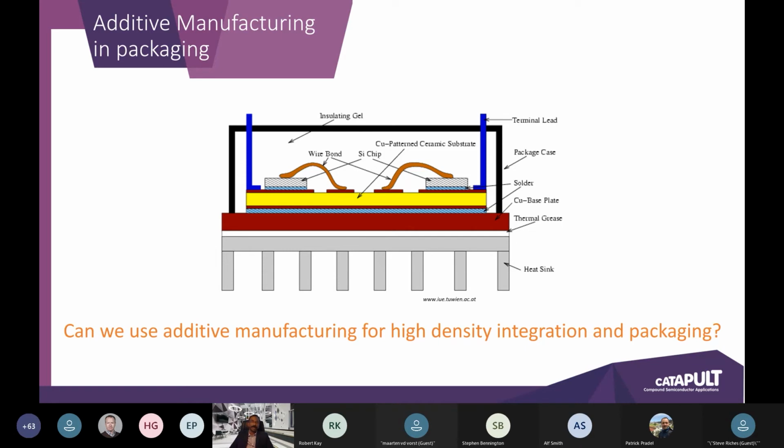So these are some of the questions for the community here: whether we can print complex structures that can eliminate interfaces, which we can use to improve reliability, and also significantly reduce the size of the package. Can we have more integrated functions and reduce the number of components used in each package?